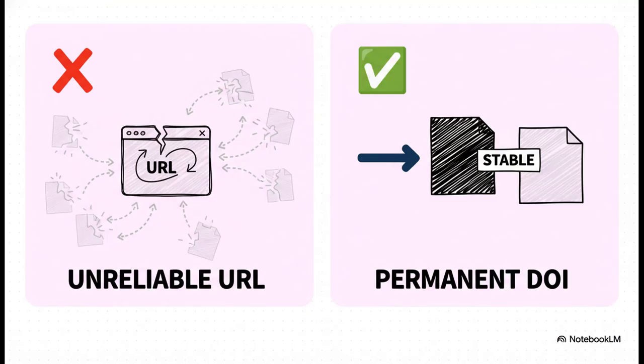This comparison really nails the core issue. A URL is just a temporary, kind of flimsy address for a location on the web. But a DOI, that's a permanent, solid identifier for the document itself. That's the game-changing shift right there. Instead of pointing to a place that can move, you're pointing directly to the thing itself.